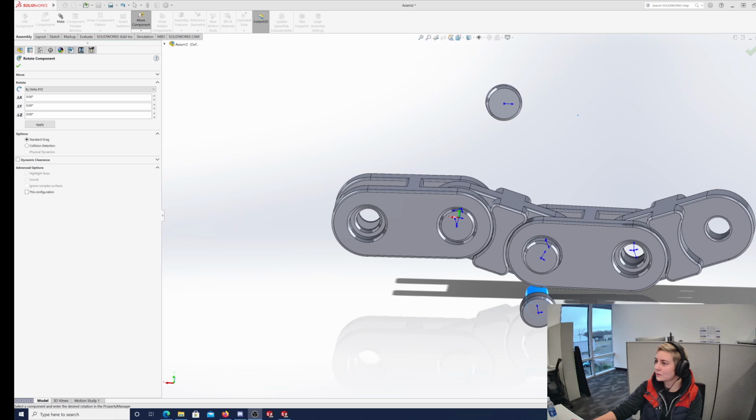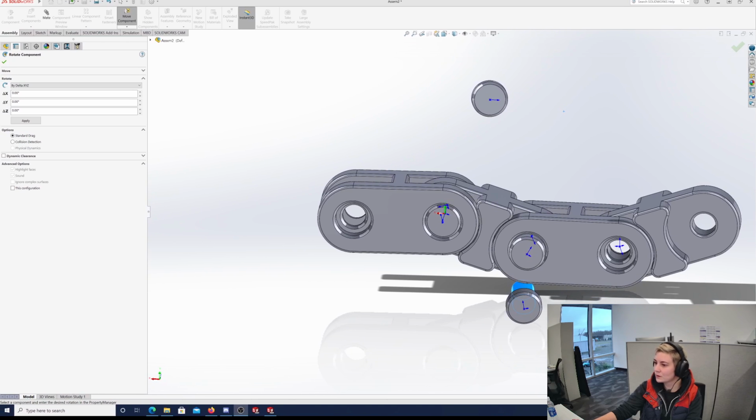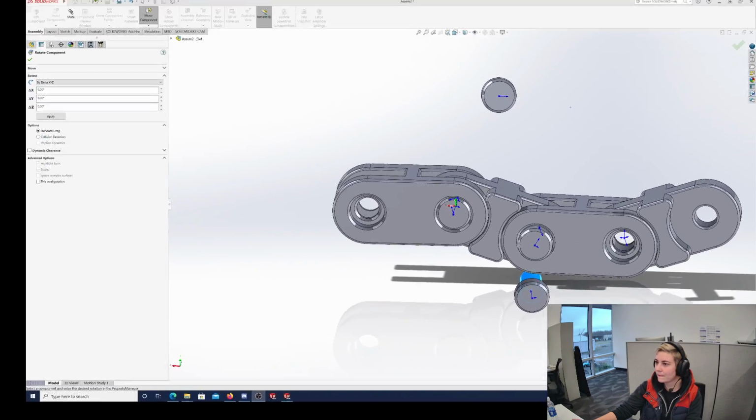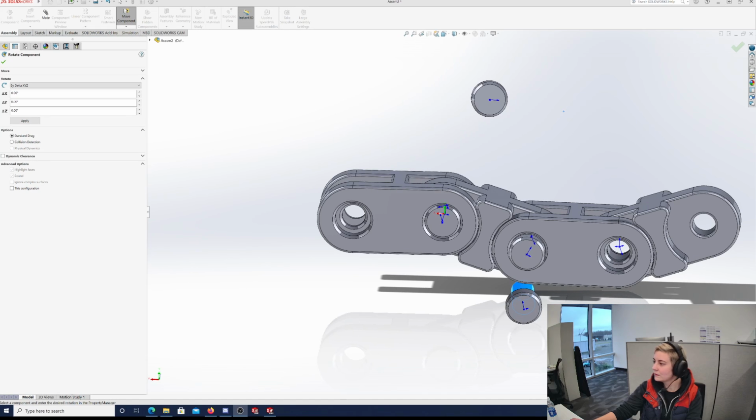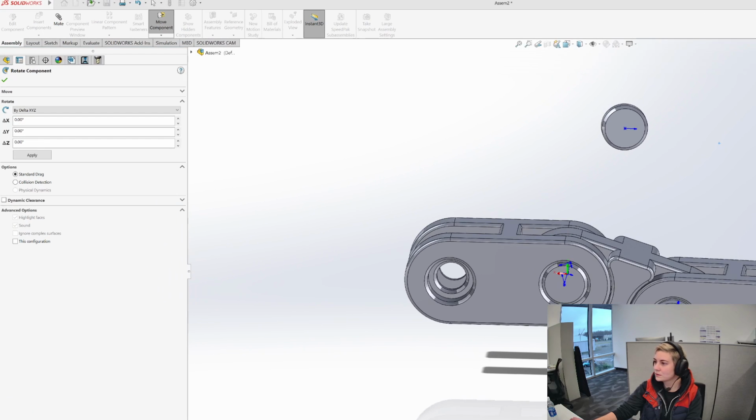I think I can. I'm just moving it. Okay, here I'll do this. Is that a little better? So I guess since we can only see this one now,